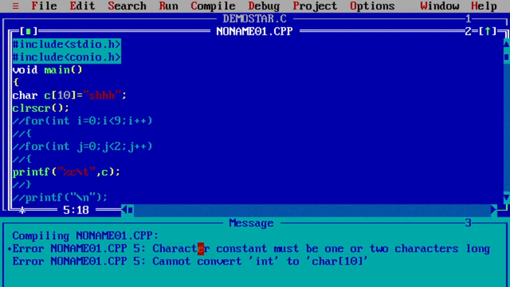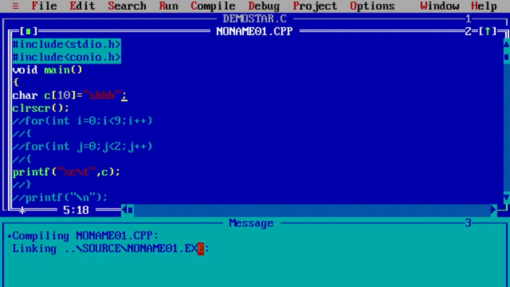Now if you wanted to print it, what does it print? Still it is printing a single character. Why? Because I have used the format specifier %c. What should be the format specifier for a string? Yes, it must be %s, right? So then only it is going to be displayed.